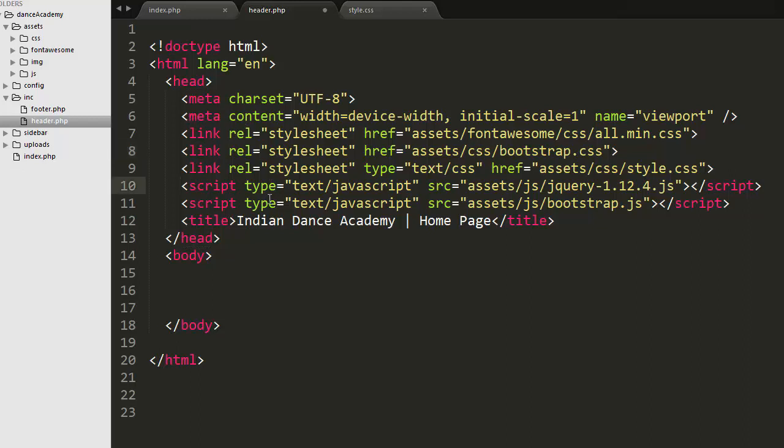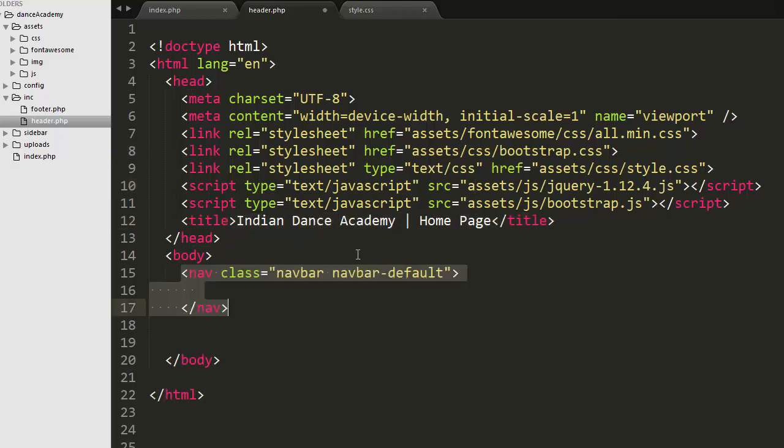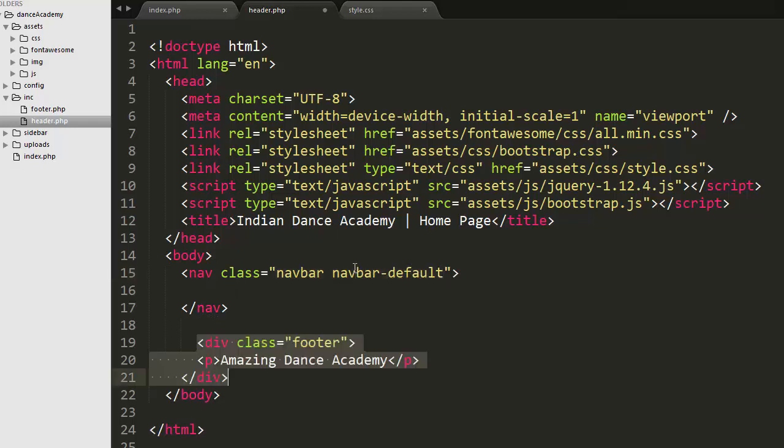Now once you link all CSS and JS files, here you can see I have given the title as well. Then you need to create a nav tag with a class navbar-default. This class belongs to the Bootstrap framework. And then I have created a footer with the text Amazing Dance Academy, and now I will create the